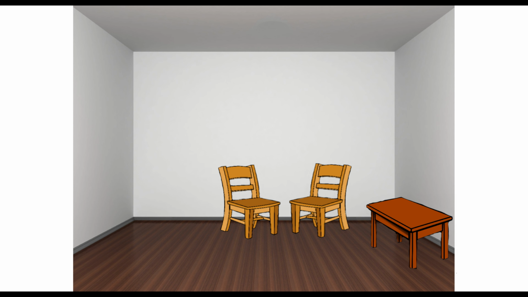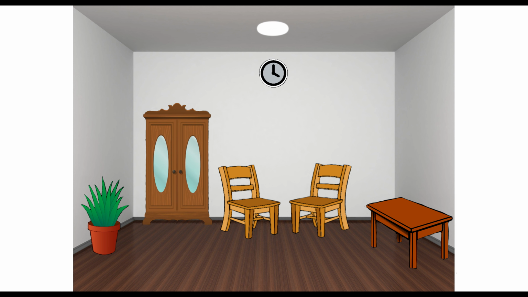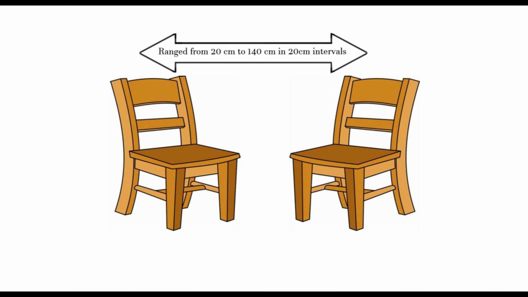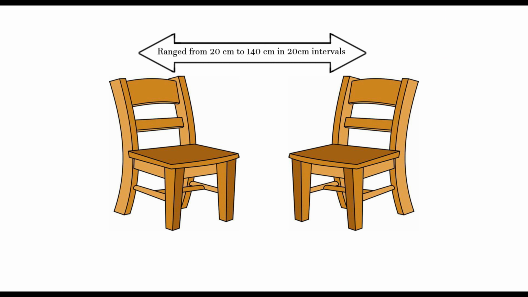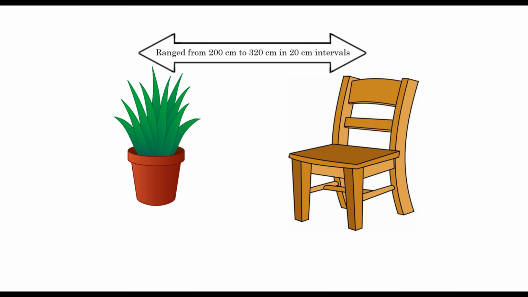In this part of the experiment, the participants were shown colored pictures of 2 very similar rooms. Each room consisted of 2 chairs, a table on the right side of the room, a plant on the left side of the room, a closet, a lamp, and a clock. The pictures varied based on 4 different conditions: the distance between the chairs, from 20 centimeters to 140 centimeters in 20 centimeter intervals, the distance between the chair and the plant, ranging from 200 centimeters to 320 centimeters in 20